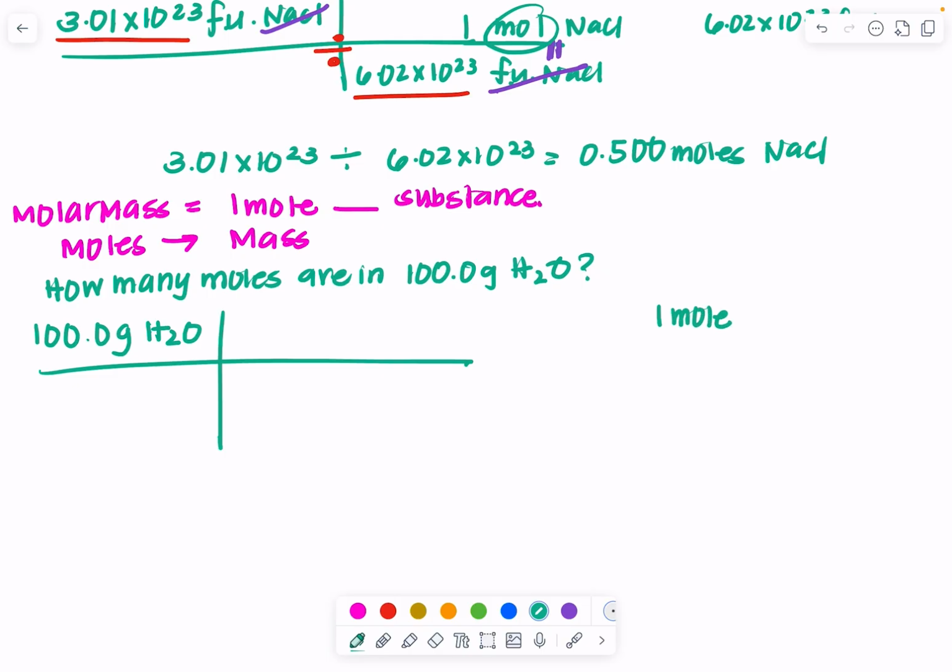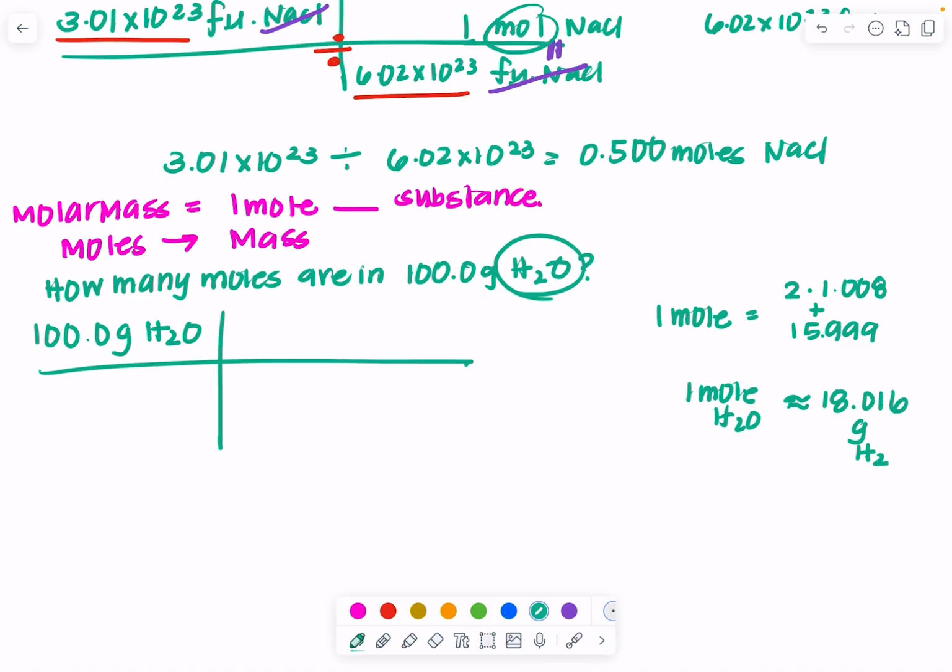And if I remember, 1 mole equals the molar mass of H2O, which is 2 times 1.008 plus 15.999. So 1 mole of H2O equals around 18.016